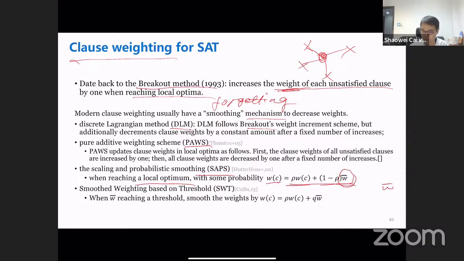Some weights are higher and some are lower, but by using a linear combination, all are pulled towards the average value. This one depends on a threshold: when the average weight reaches the threshold, we smooth the weights. Here it is an independent parameter in this scheme. So nowadays, many local search algorithms use clause weighting